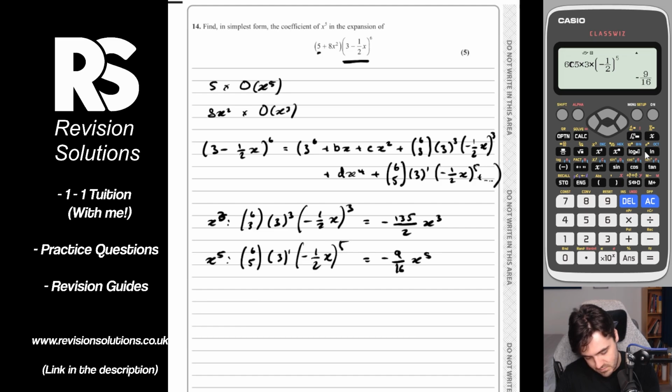And now we have to think about the whole expansion with this 5 plus 8x squared business. So what's going to produce the terms we're interested in? Well, it's going to be the 5 times the minus 9 over 16 x to the 5. So 5 times minus 9 over 16 x to the 5. And then we've got the